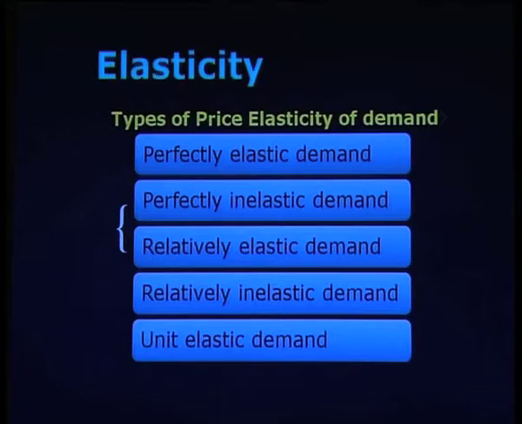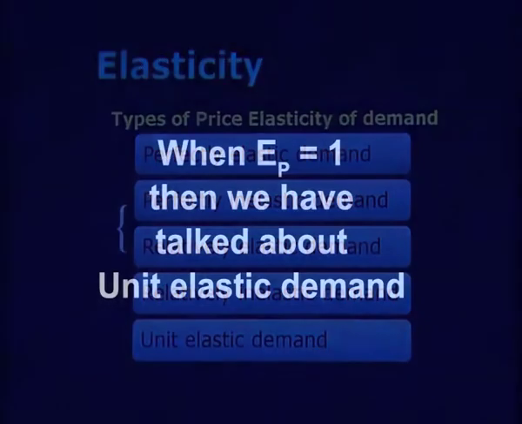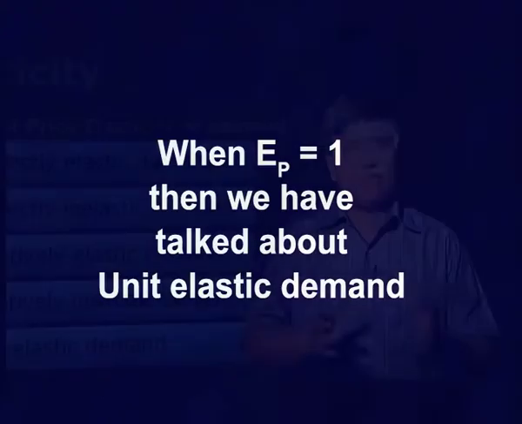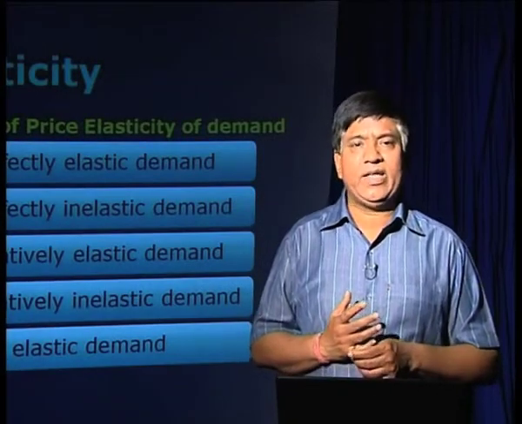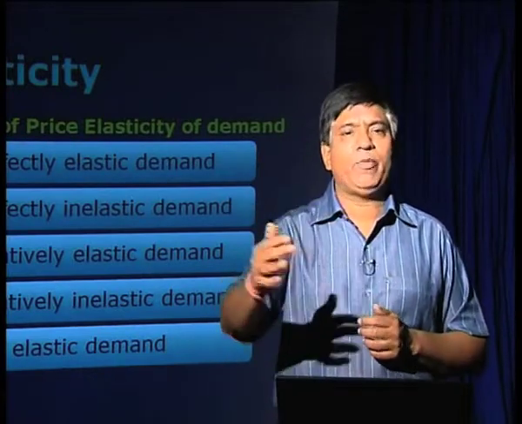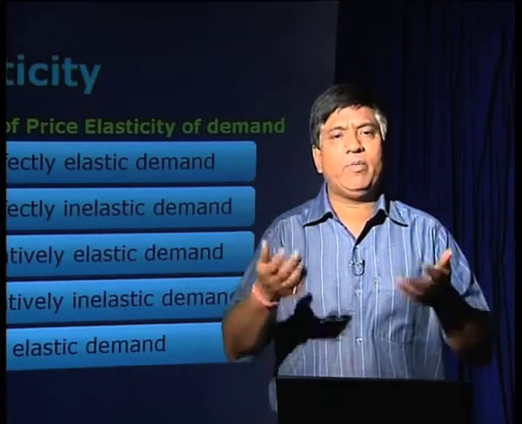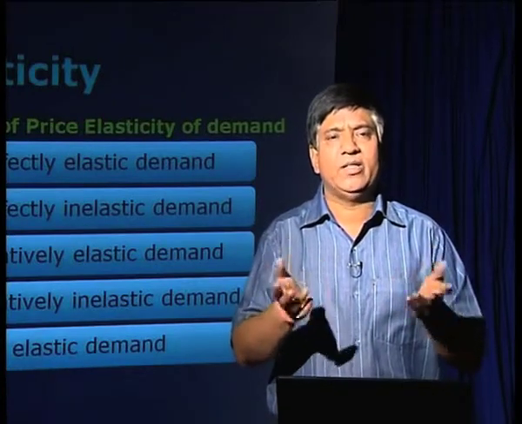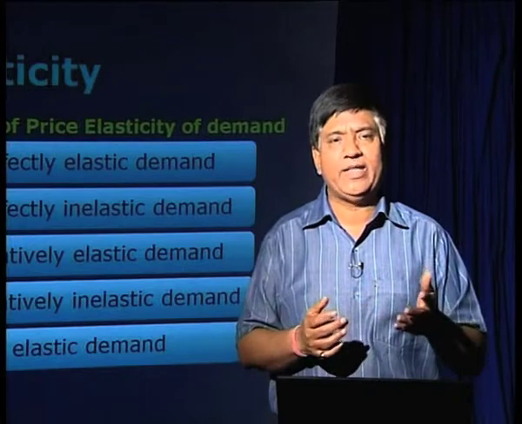We have also seen relatively elastic demand, and we have also seen relatively inelastic demand. There also, when EP was 1, then we have talked about unit elastic demand. Now, for different products, this elasticity of demand behaves in a different manner. We can take the example of some of the essential products, such as edible products. Let us say examples of products like wheat or rice or grams, or for example, some of the spices, particularly